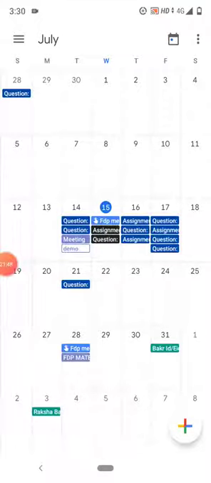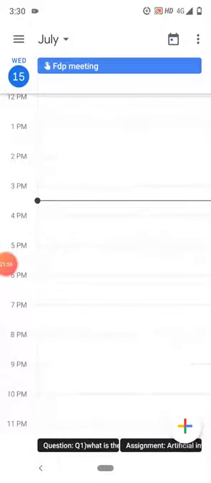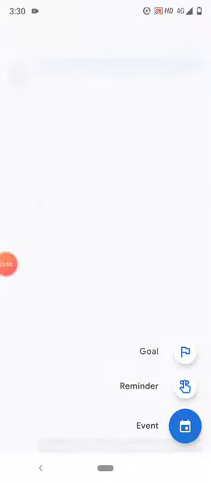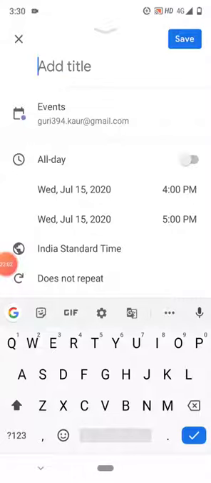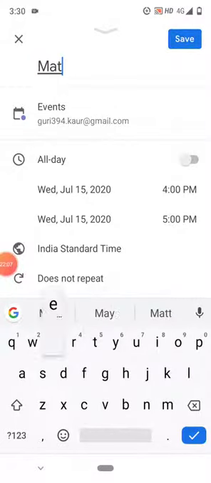In this way your reminder has been created, like FTP meeting. So in a similar way you can generate any event also. You can add any event according to your choice.